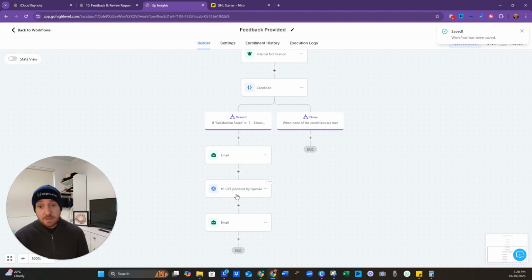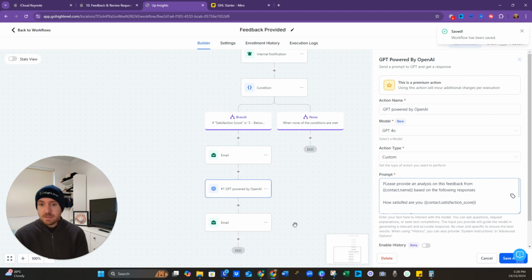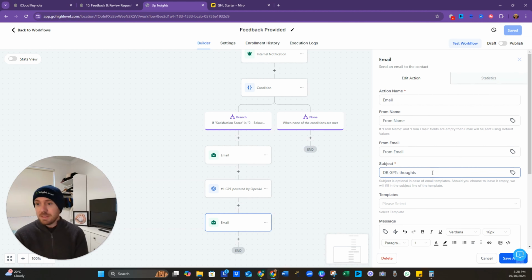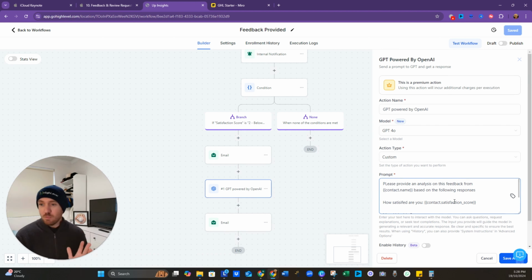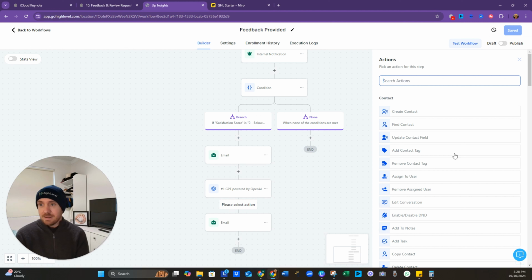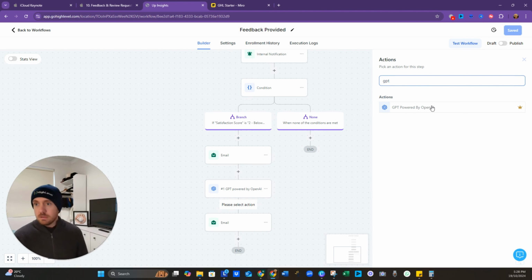Now, if we want to be really fancy, we could even craft this. Oh, sorry, I've sent this as an email that's going to the client. We don't want that. We'd want that as an internal notification. But what I was just going to say is if we want to be really fancy, provide analysis on this feedback from the following responses, and then we can add in another one to look at it again